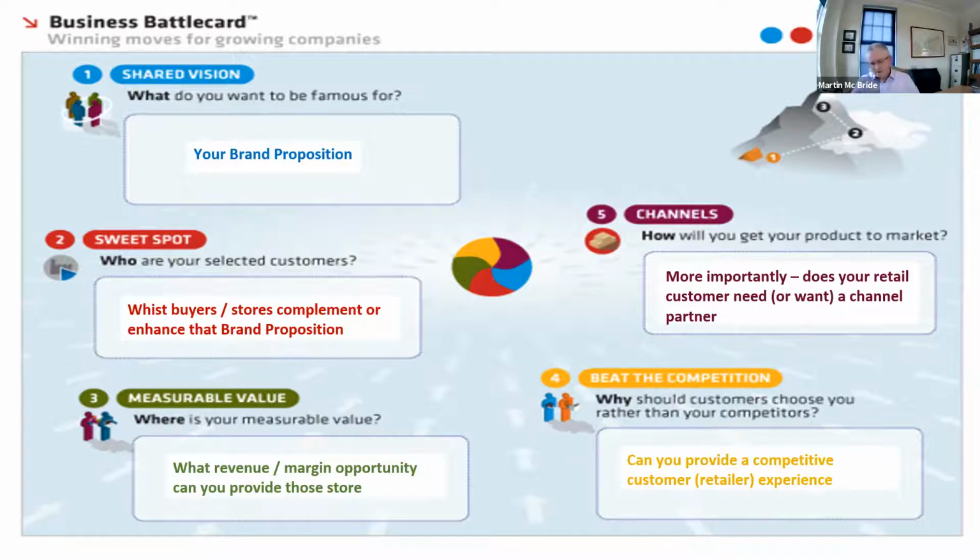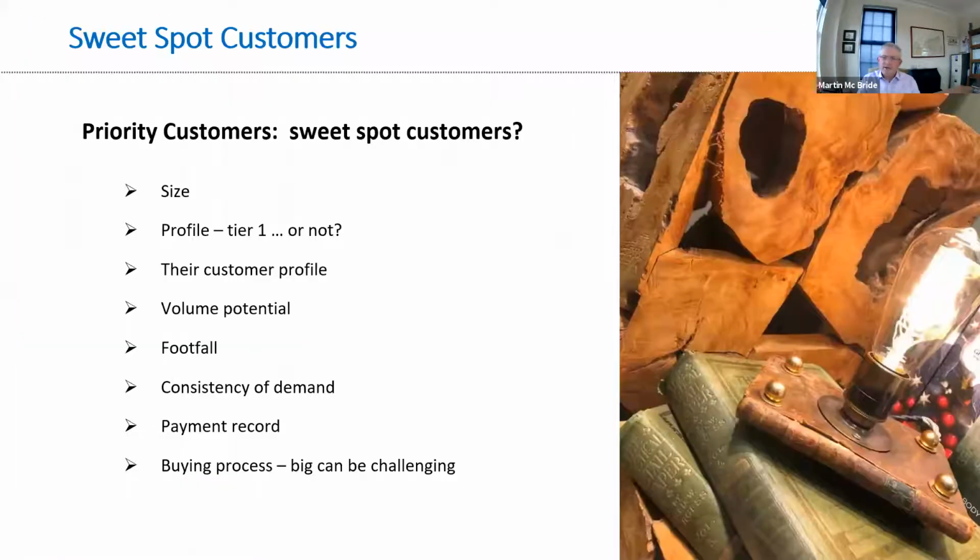And unfortunately is a concern for me, because there's a piece of research I want to share in a few minutes, which says we don't always listen enough when we're selling. And maybe we need to do that more to understand what their requirements are, what experience they want from us, what role a channel might play or not, the commercial return they're expecting, and how that brand proposition fits into their business. So all of us, I think, owe it to ourselves and our brands and our margins and our bank account to have a degree of clarity around what ideally